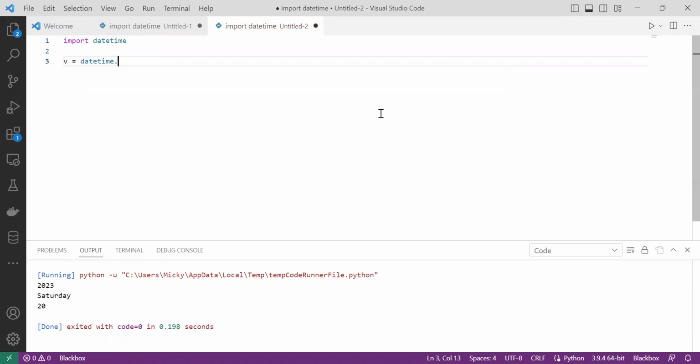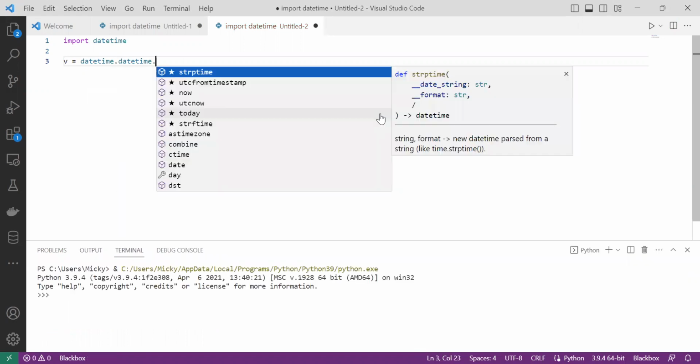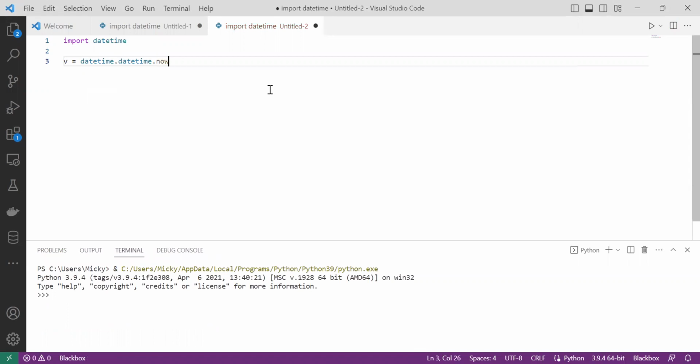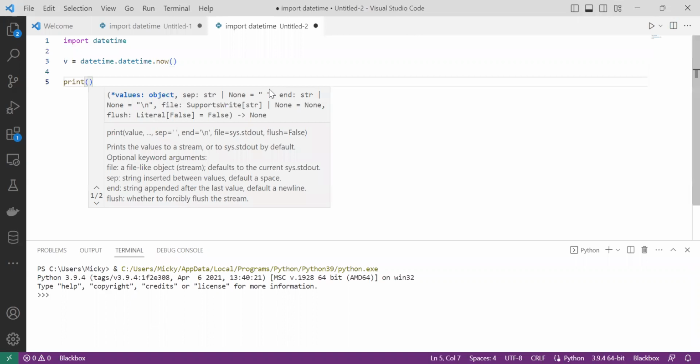datetime dot datetime. So inside datetime, we want to return now, the current time. And then we'll print it. So we want print